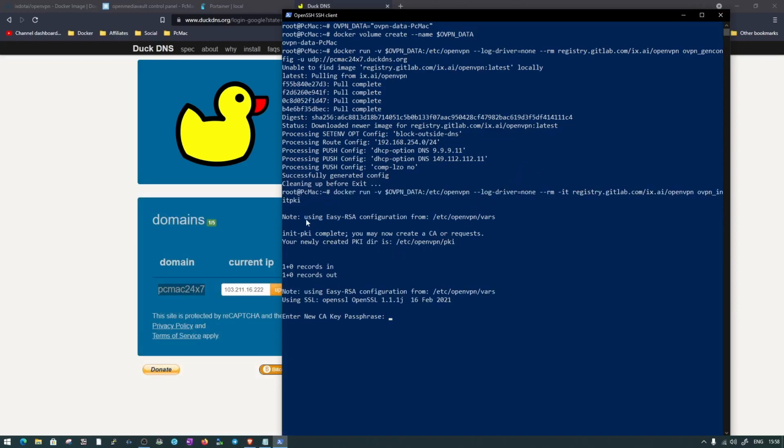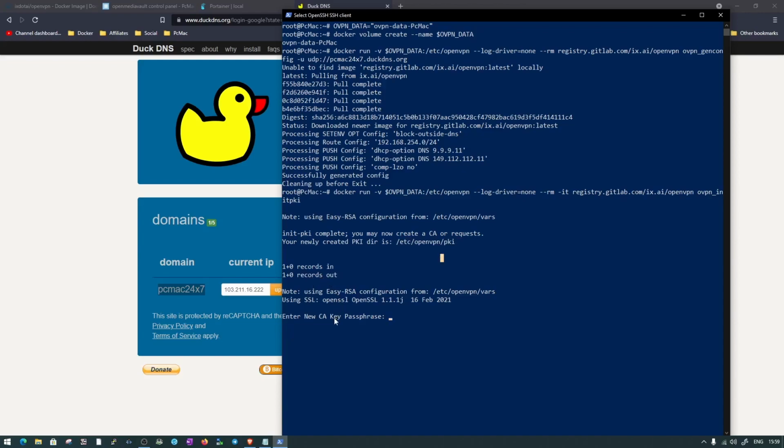This one is the easy-rsa configuration, and this will go into /etc/openvpn/vars. Initializing PKI complete. You may now create a CA or request your newly created certificate. The certificate will reside here, in /etc/openvpn/pki. 1+0 records in and 1 record out.